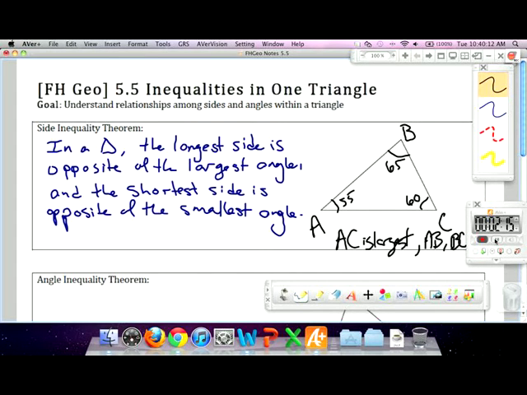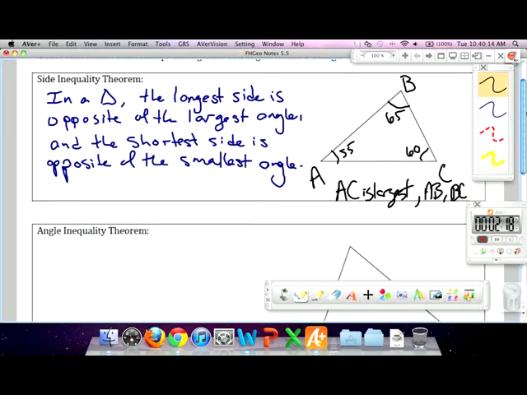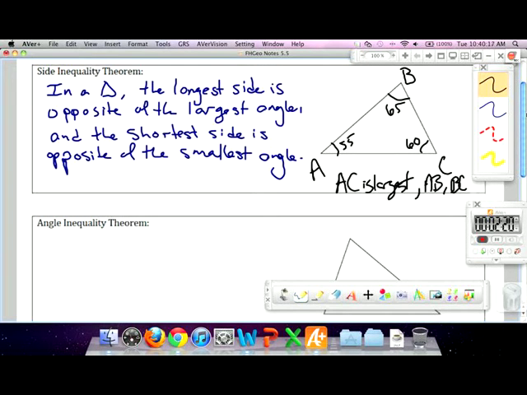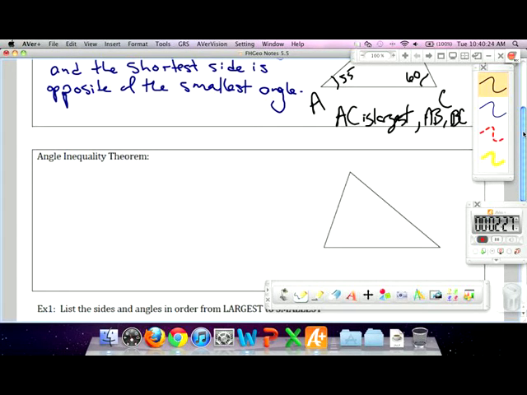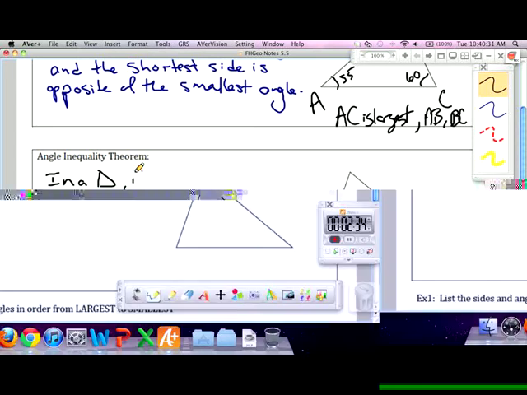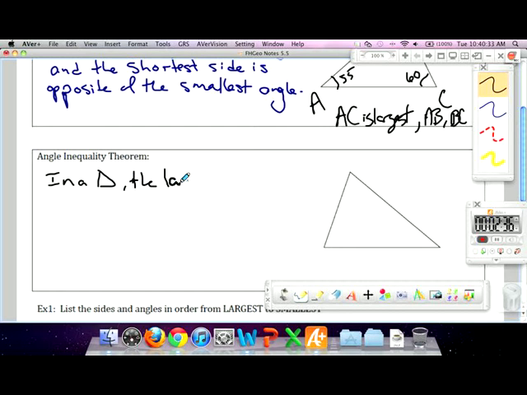The angle inequality theorem is essentially the converse of this. So it's going to look very, very similar. It's not the same. It's the reverse idea. It says that in a triangle, the largest angle is opposite the longest side,